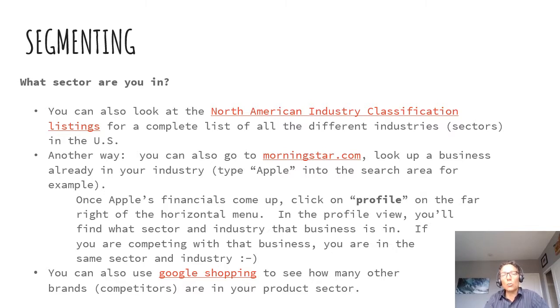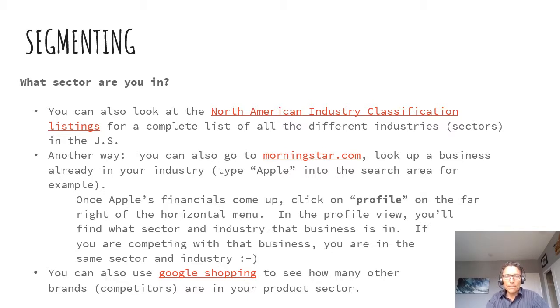Go to Morningstar and type in Apple, and it'll take a little bit, but then it'll pull up a quote for Apple. It'll tell you their stock price and a bunch of other stuff. But if you look at the horizontal menu bar on the far right there, there's a selection called Profile. And if you click on Profile, as you scroll down, it'll tell you what sector and industry that